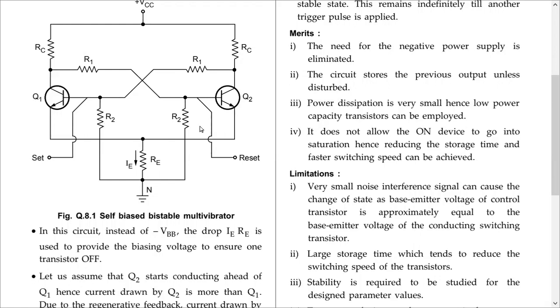Rather, we are using the current drawn by the transistor to generate a voltage. Now that voltage appears at the N region of the transistor, and this voltage, being a positive voltage at the N region, can turn off the transistor, provided the voltage at the base is lower than the voltage at the emitter. This junction will be reverse biased.